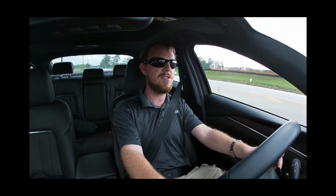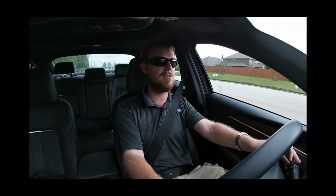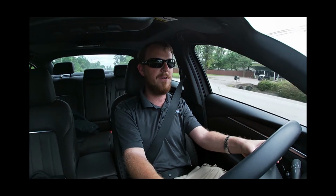But really, the horsepower numbers with this car are only telling half the story on regular gas. If you run this thing on 93 octane, which is normally recommended for most turbocharged engines, you'll be getting 250 horsepower and the same 310 foot-pounds of torque. Now, unfortunately, me being my youthful self and having a bit of a heavy foot, even though this car is rated at 23 miles per gallon in the city and 31 miles per gallon on the highway, our average over a week of testing so far is